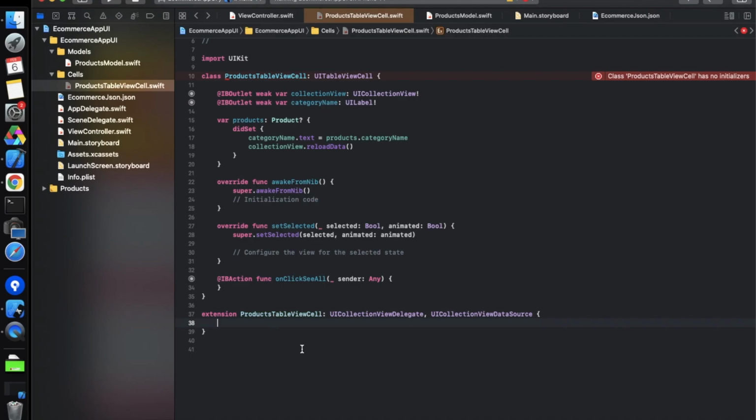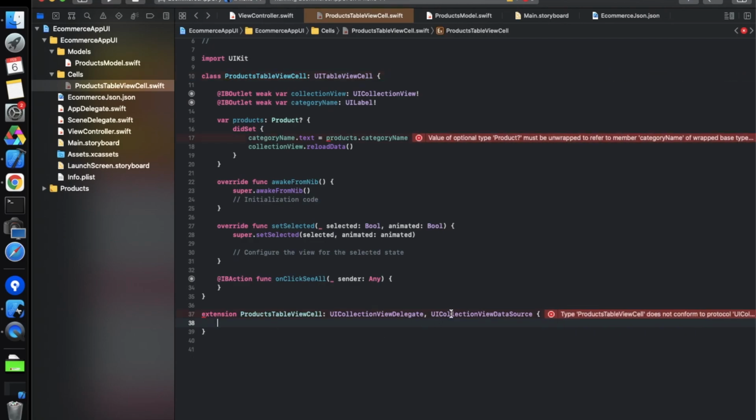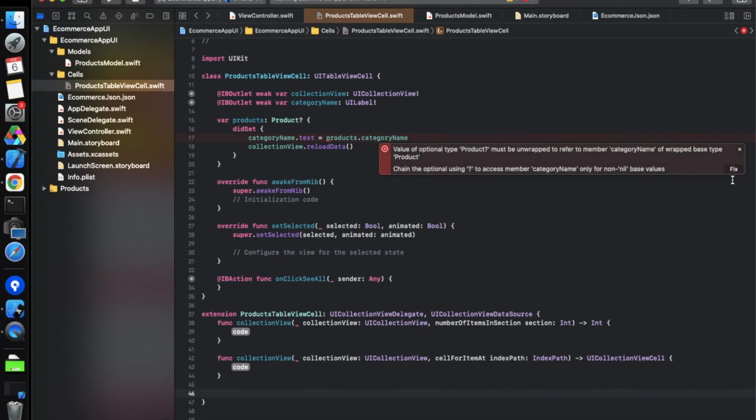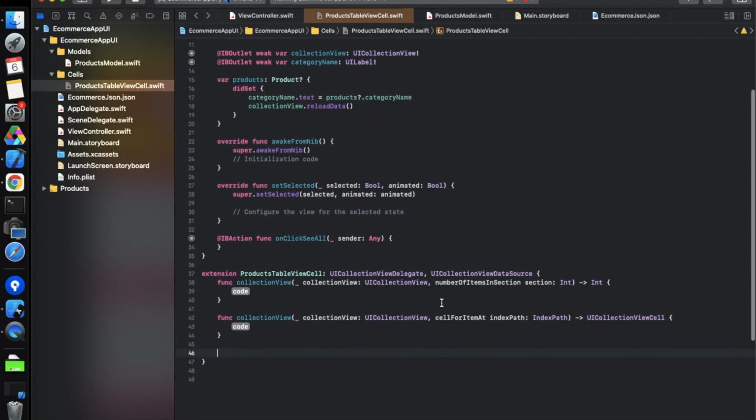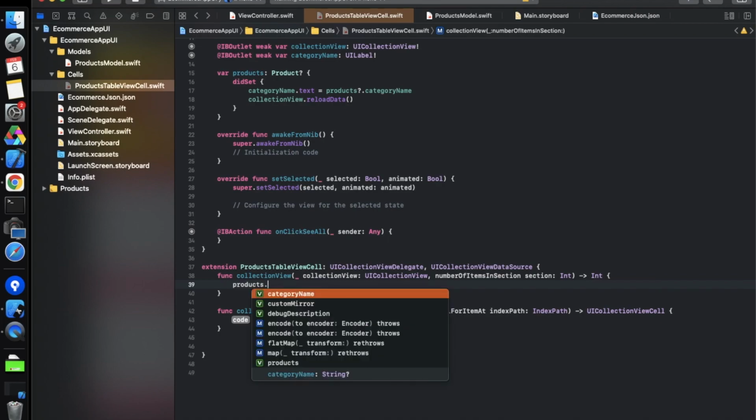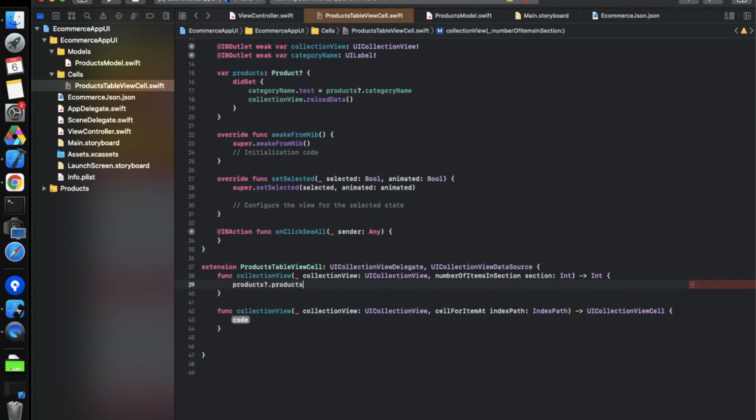Now it will prompt us with a message that we have to define some methods. Now we have to pass the number of items. We have a products array, so products array count, and if it is nil, then it is 0.